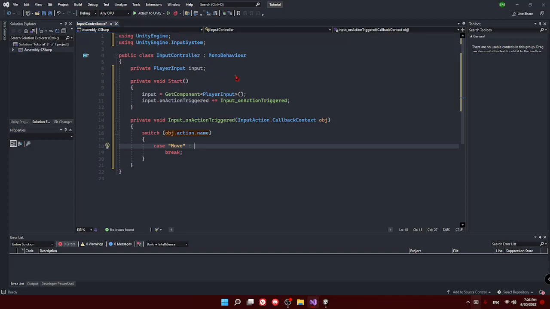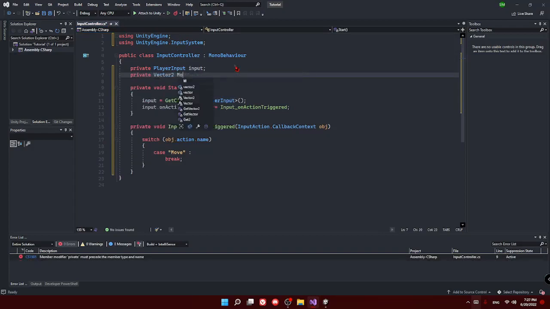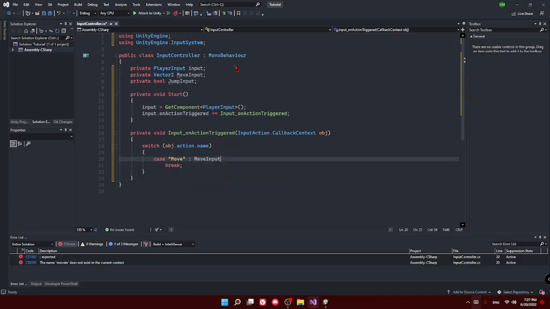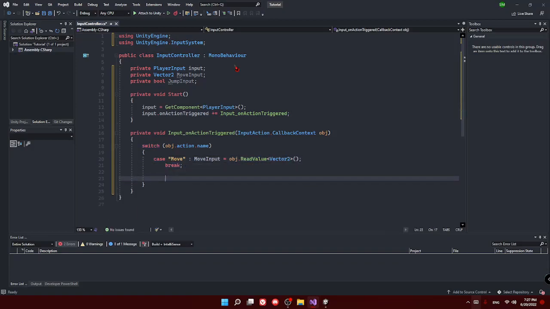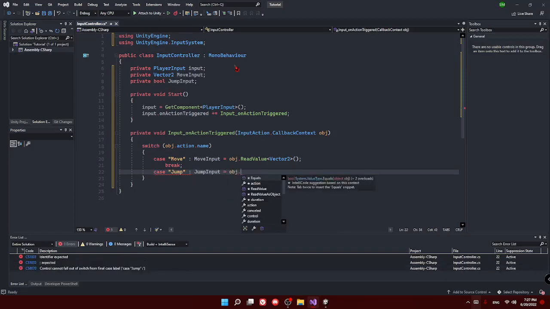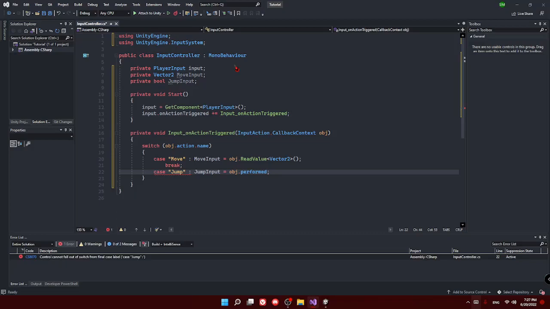We first need a private Vector2 moveInput and a private bool jumpInput. moveInput equal obj dot ReadValue Vector2, and then we do case jump. jumpInput equal obj dot performed, and then a break.